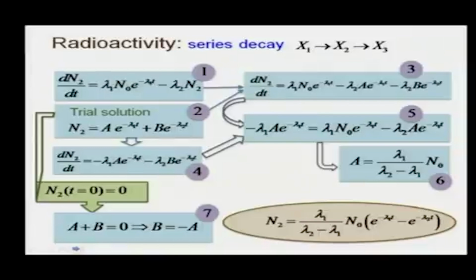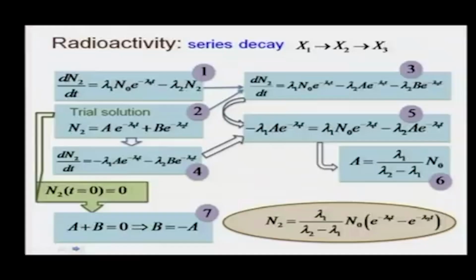So, this is the case of a series decay of x 1 to x 2 to x 3. You can consider in exactly the same way other series decays, any number of such series decays like x 1 to x 2, x 2 to x 3, x 3 to x 4, x 4 to x 5 up to n,